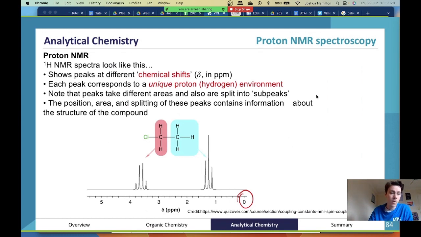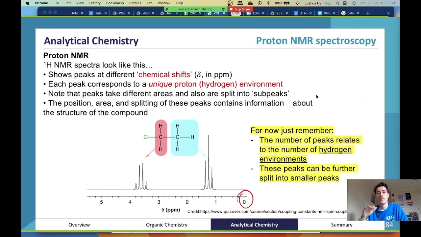Now, there are splits here, and there are different things in different spots. Why is that? So let's just discuss very briefly what's going on. The number of peaks refers to the number of hydrogen environments. Now, what does that mean? These hydrogens are in a different environment to this hydrogen, because this carbon is connected to different things. Now, if I gave you this molecule here,